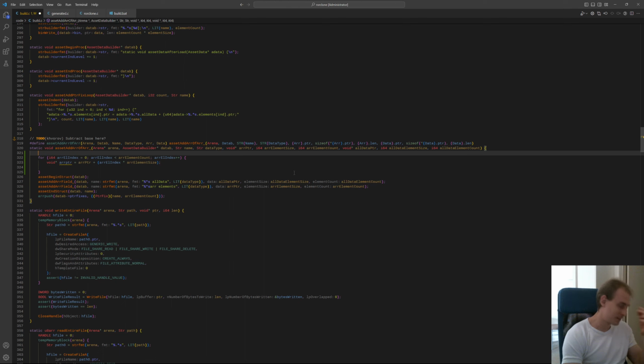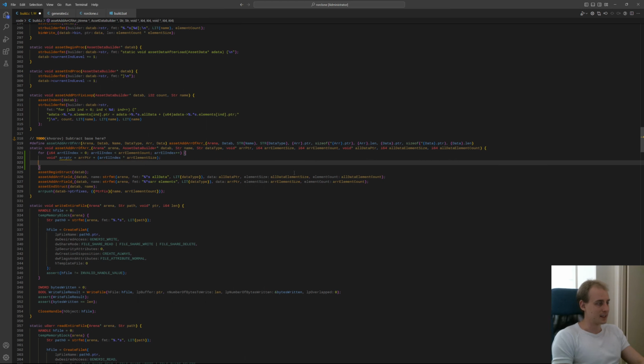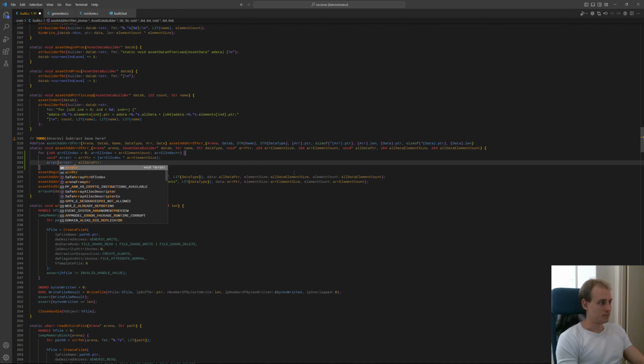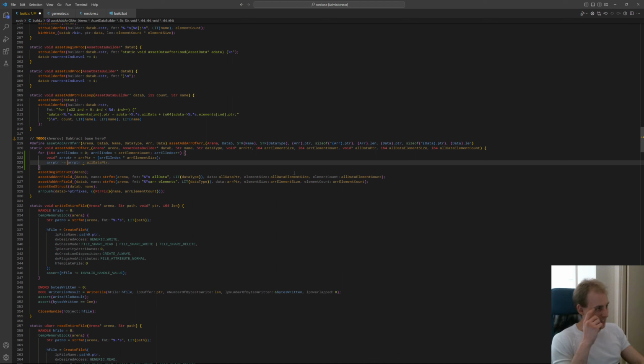We want the array, the all data pointer. All data pointer is the base. Yeah, we're passing that in actually. So we want to do some kind of subtract from all data pointer here, and just assign it, right? Like, sort of like that. Oh yeah, something like that. So array pointer